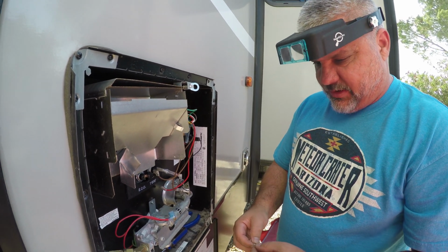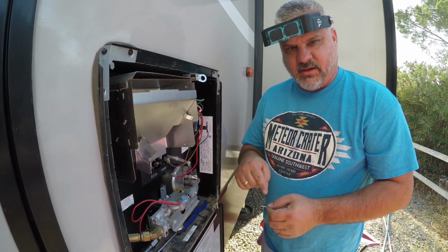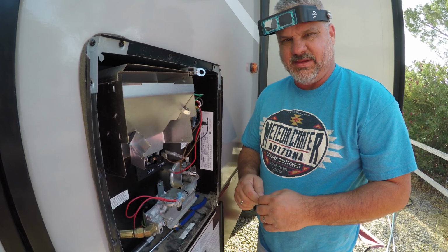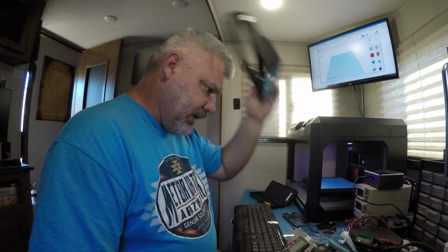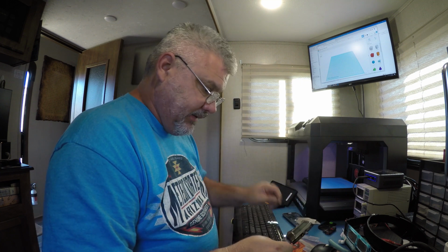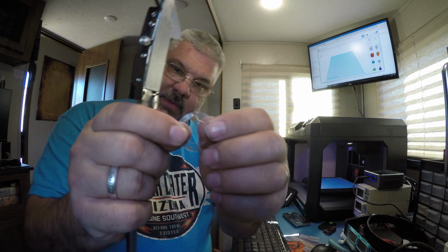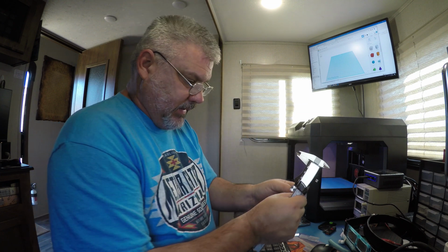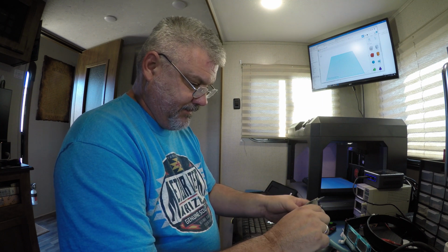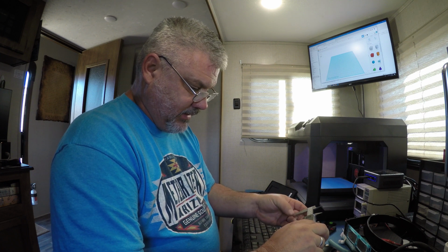So what I'm going to try to do now is take my vernier caliper and design a new one on Tinkercad and 3D print a replacement and try that. Alright, so what I'm going to do is take a few dimensions off my broken one and start by getting some basic dimensions like the outer circumference,